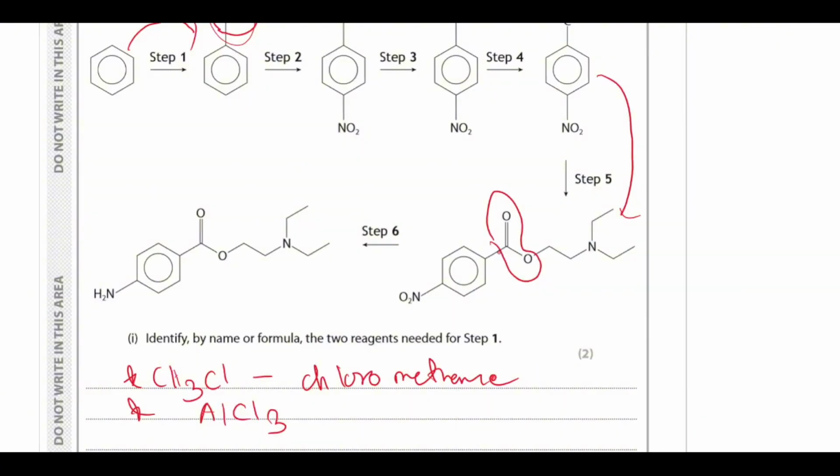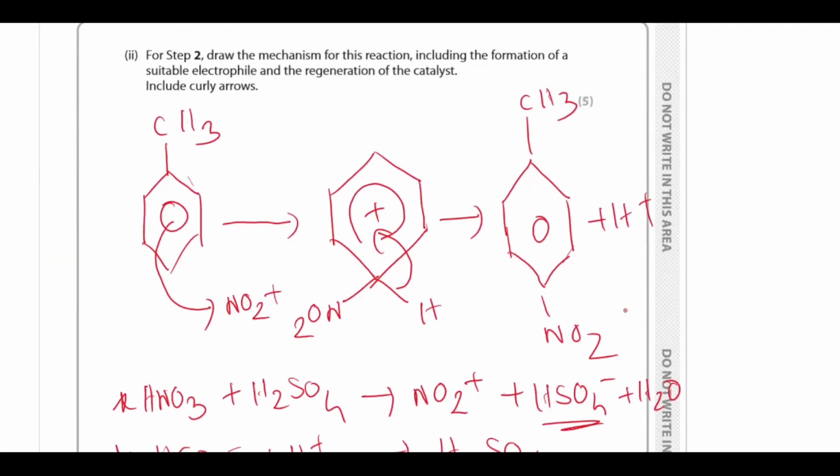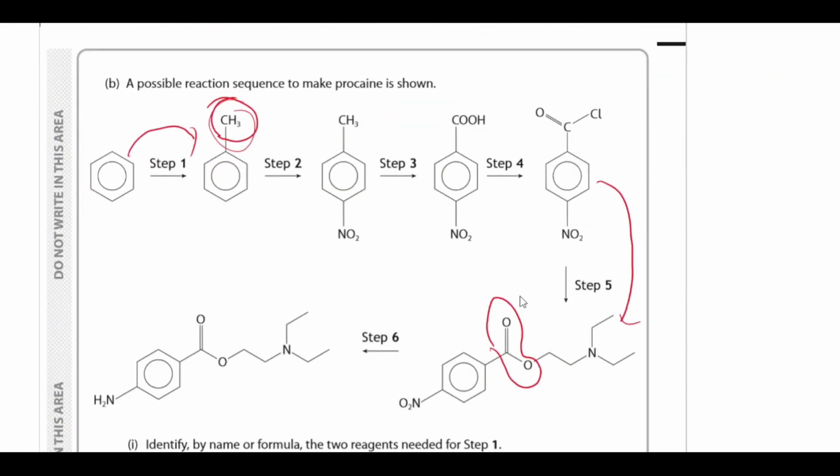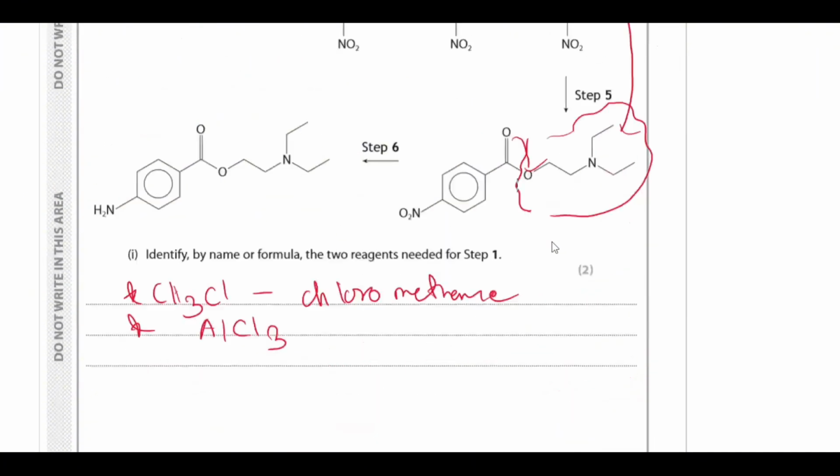And of course, if we judge from what they said here, the skeletal form of the reagent, if we judge from the provided product down here, clearly we can see that this part will be our reagent. So basically what is happening down here is that the H basically went out. This part is basically the alcohol part. So what happened here is that the H from the OH went away. So we're just going to add H here, and that's how the reagent will be formed, because we know that